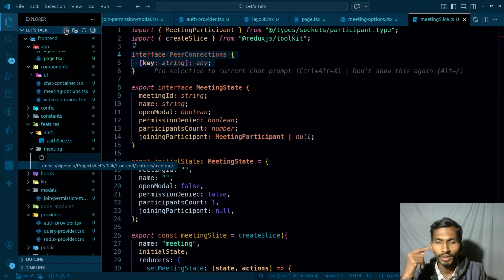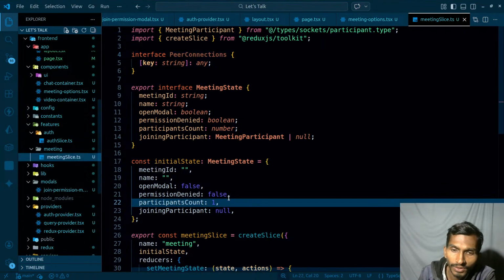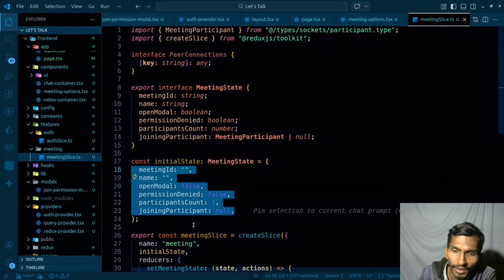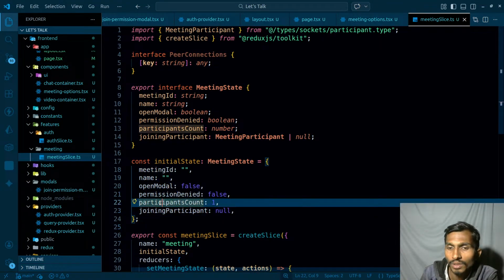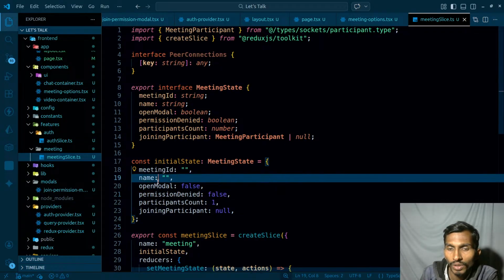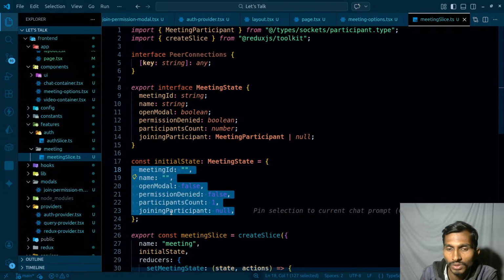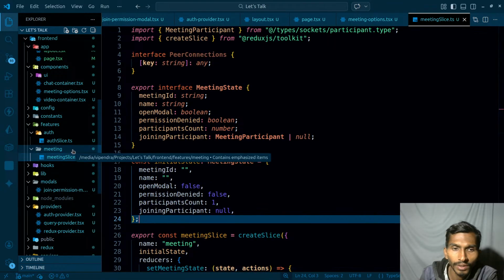Do I even need to create that? This meeting contains meeting related information, and this is pretty simple: joining participant, participants count, permission denied, open model and all. I mean all the basic stuff. And then